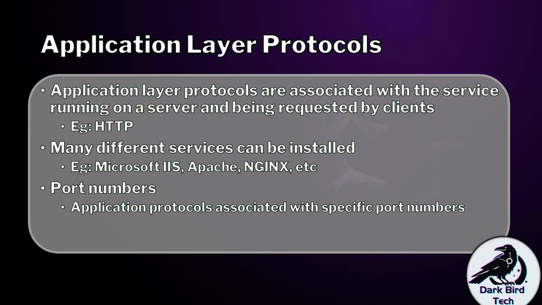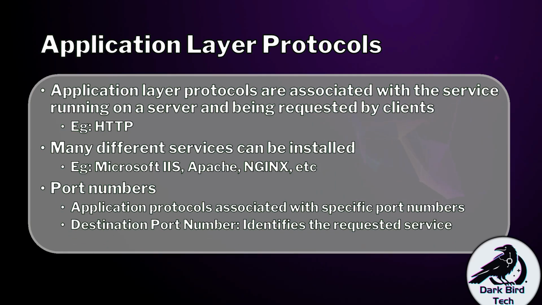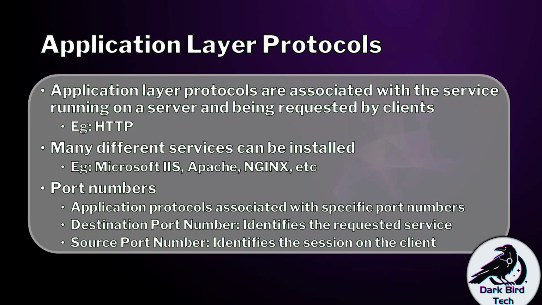But of course with networking, it can't be that simple always. We have source and destination everything in networking. We have source MAC addresses and destination MAC addresses. My MAC address, the recipient's MAC address. Source IP, destination IP. My IP address, the recipient's IP address. We also have the same for port numbers. And usually in a request to a server, the destination port number is the port number that's associated with a particular service. But then, when I'm making a request, the source port number, my computer randomly picks that between 0 and 65,535